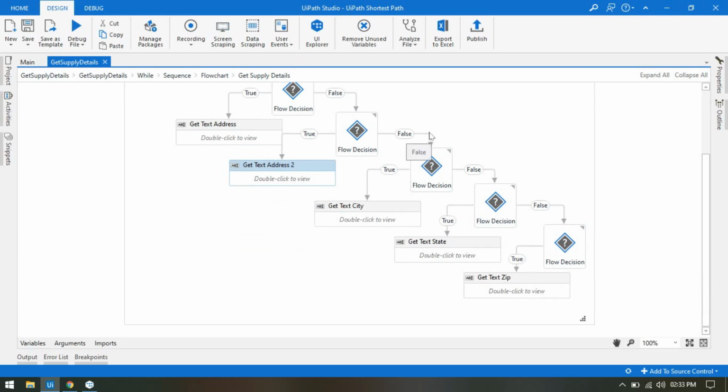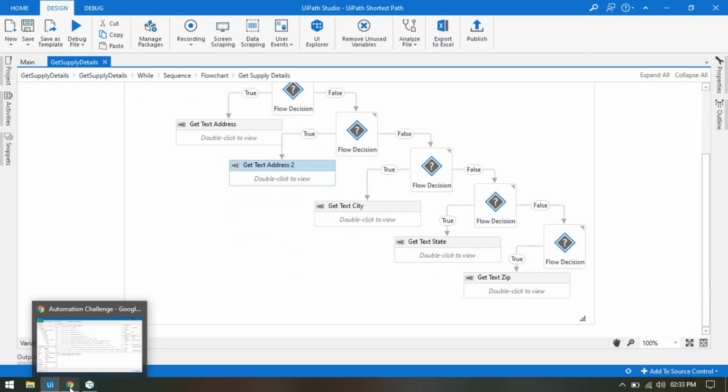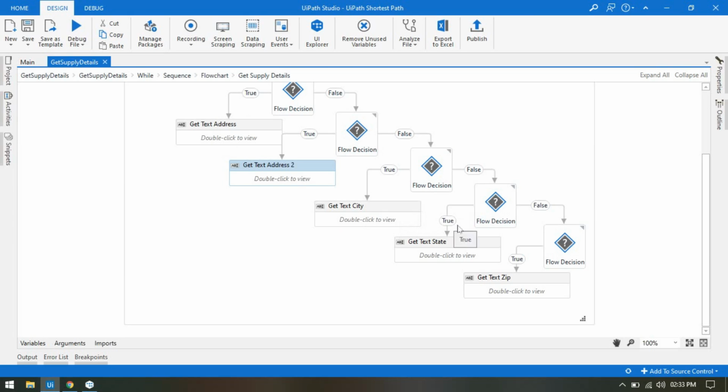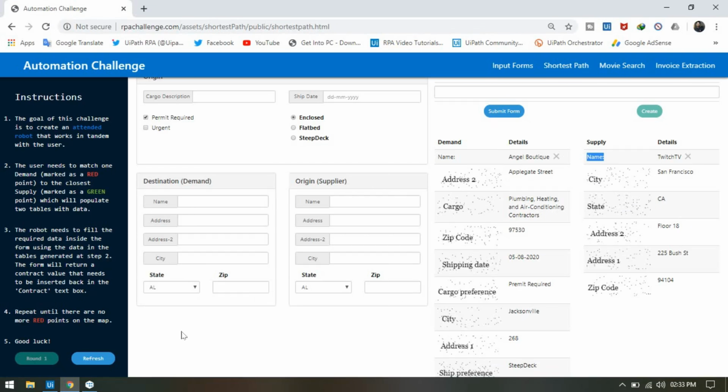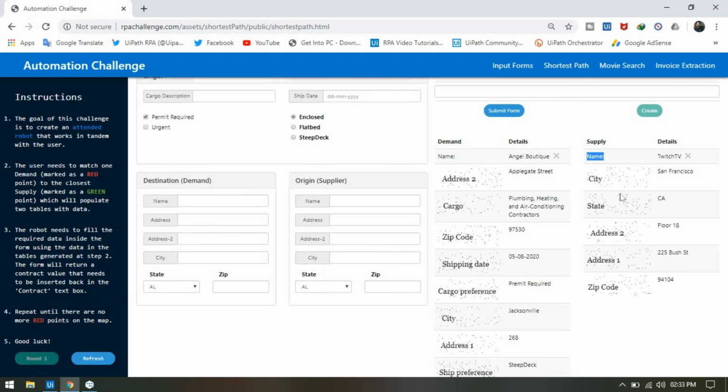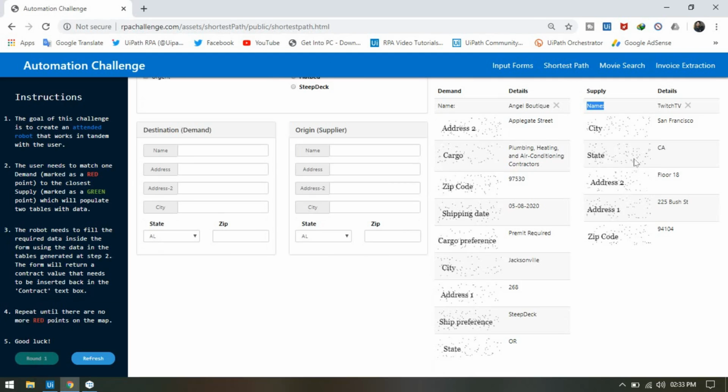Same way, if not, then it will check for the city, because sometimes what happens, here we are getting city, sometimes we get a state address 2. So that's why every time we are going to capture, we check whether we are getting the value address 1. If yes, we'll capture. If not, we check address 2. If yes, capture. If not, again check for city. Yes, so we'll capture here because we are getting city, right? So one by one it will increase the counter and check for the table row 4th, 5th, 6th and 7.